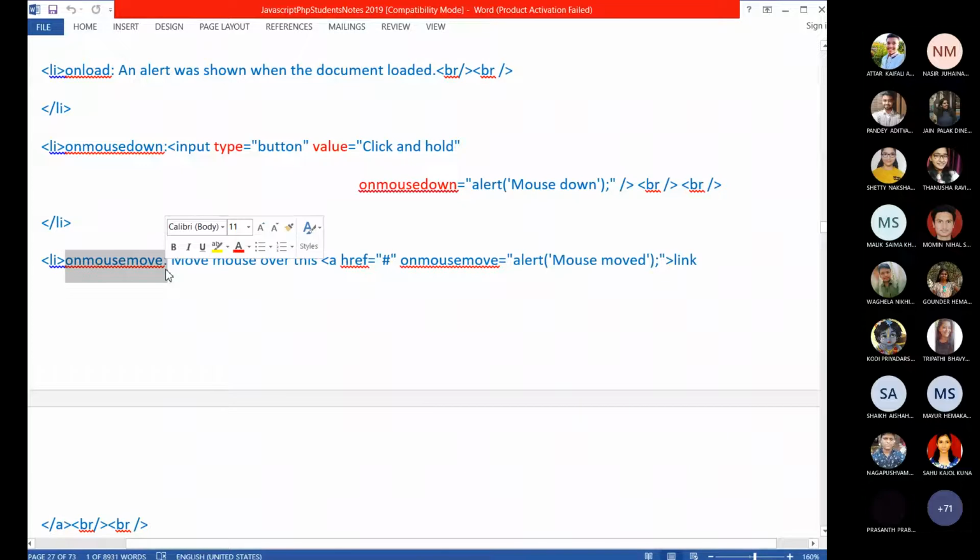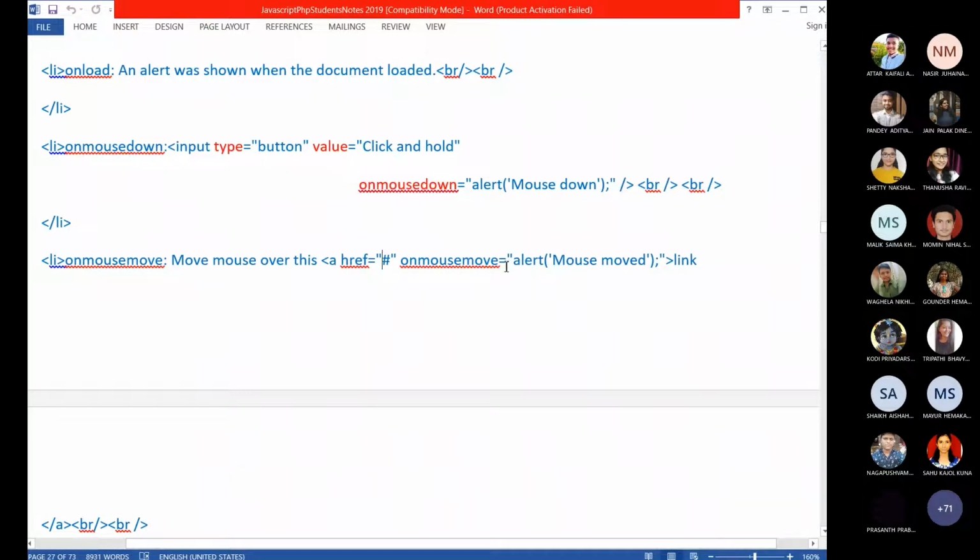And then on mouse move. This event you can use within hypertext. So to use on mouse move, you have to write an anchor tag, because using the anchor tag only you create the hypertext, right? So in a href you usually give where it has to go after clicking the clickable content. Here it need not go anywhere. It should stay in that same page itself. So hash, on mouse move.